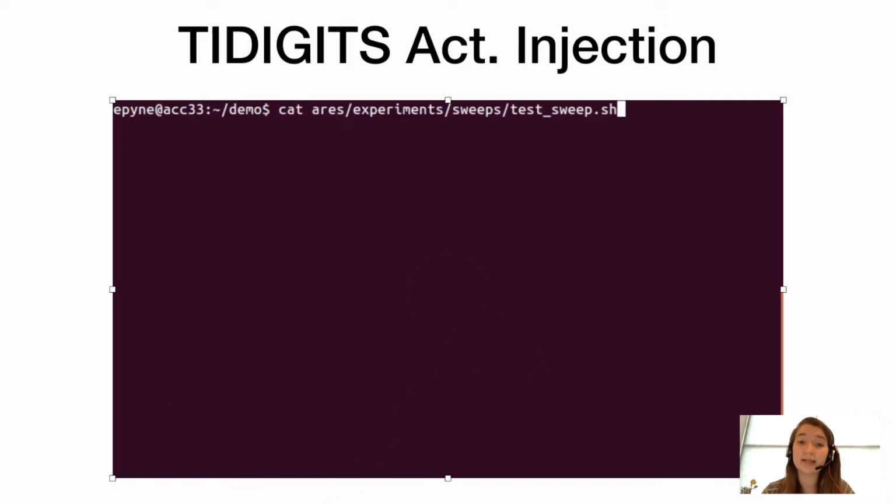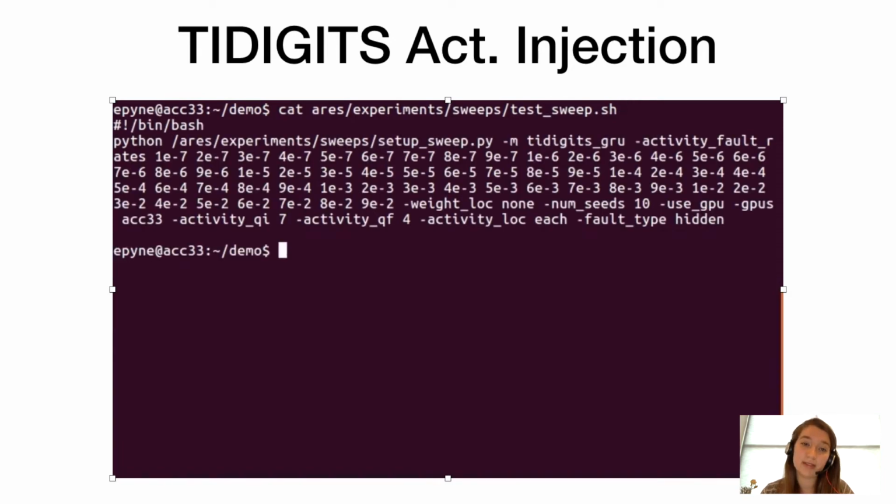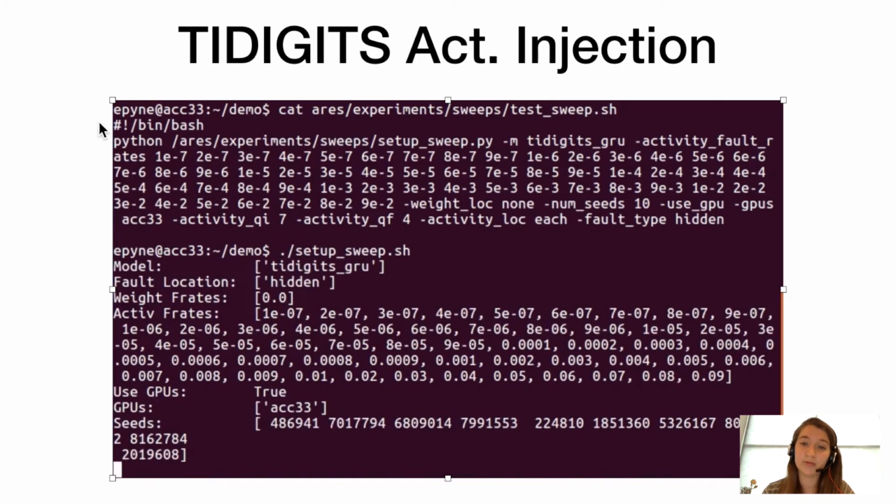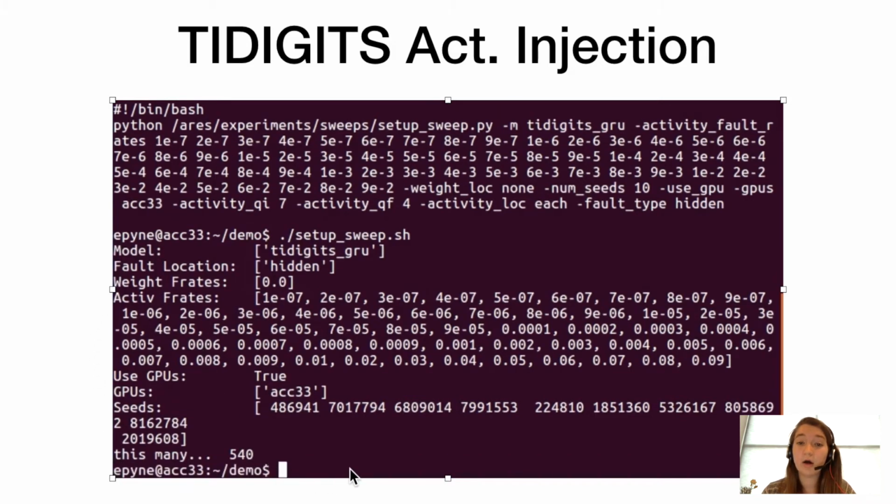It takes just seconds to set up an exhaustive sweep. Here we vary the bit error rate on the hidden state vector values in a recurrent neural network. It's done in 3 steps. First, we define which parameters we'd like to modify. Next, we automatically generate an experiment definition for each parameter setting. And third, we run all of the configured experiments, either in sequence or across multiple machines.